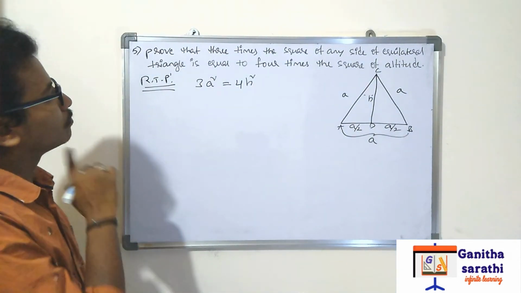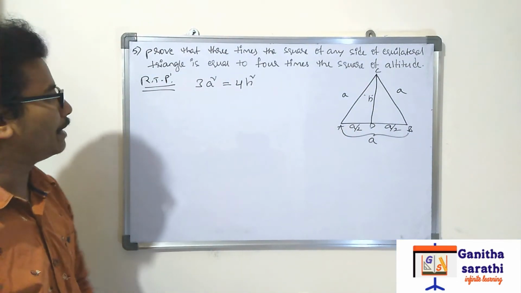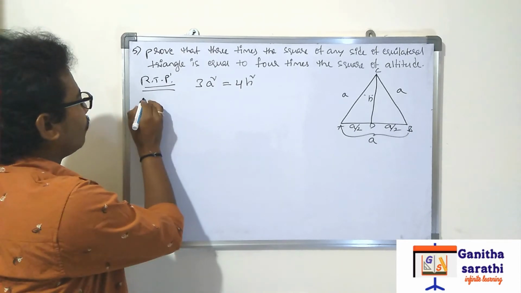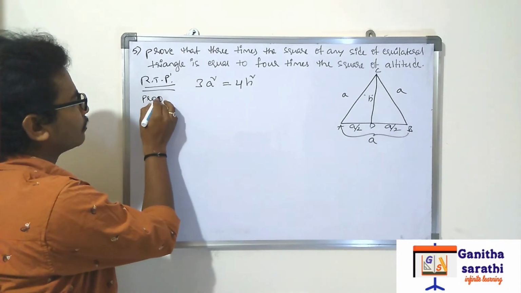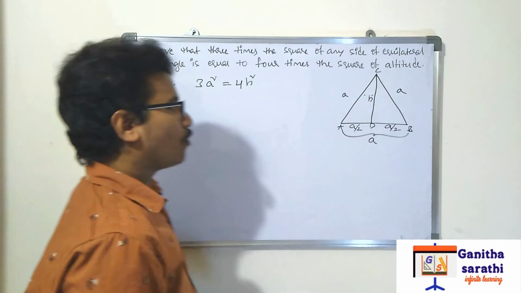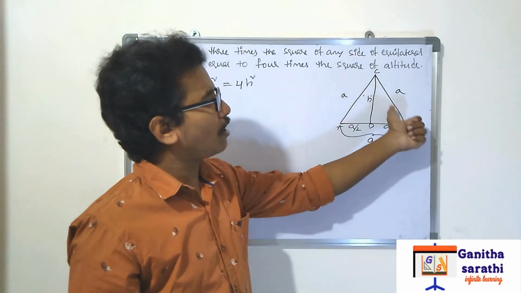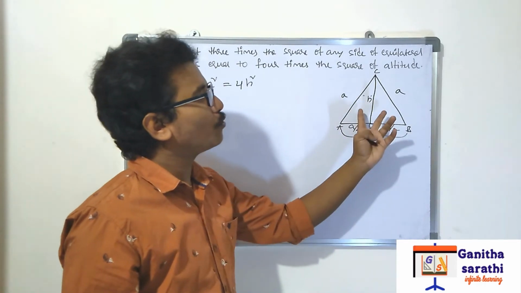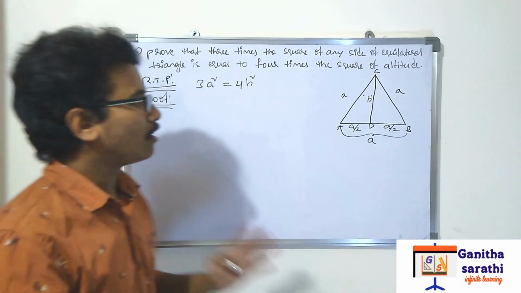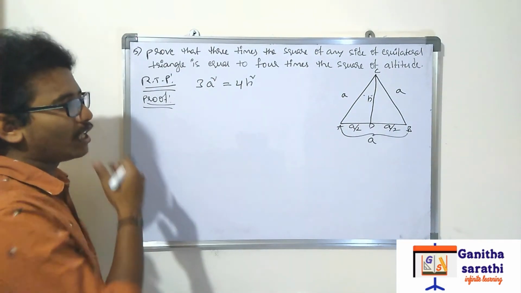Now see here, listen. First of all, you have to prove the congruency for these two triangles, because we can take any one of the triangles from this, but first you have to prove whether they are congruent or not. After that we go to the process.